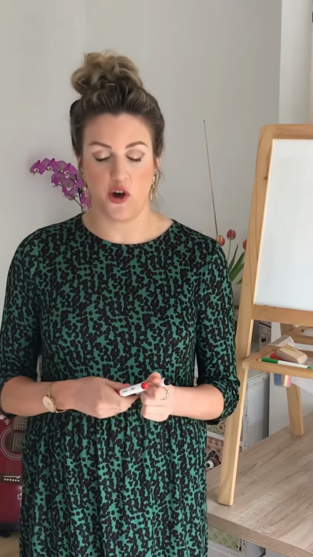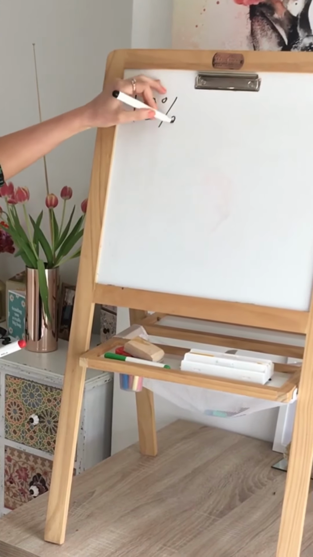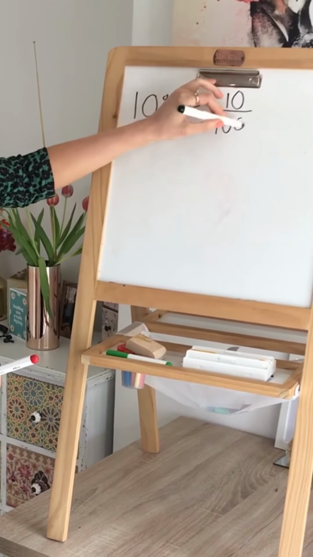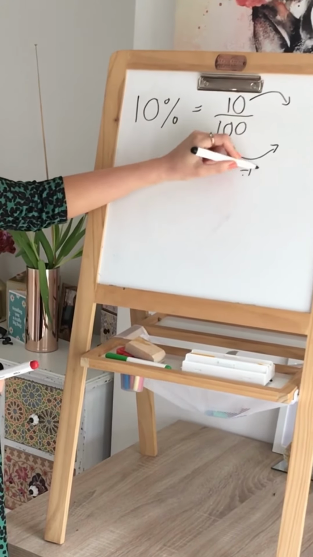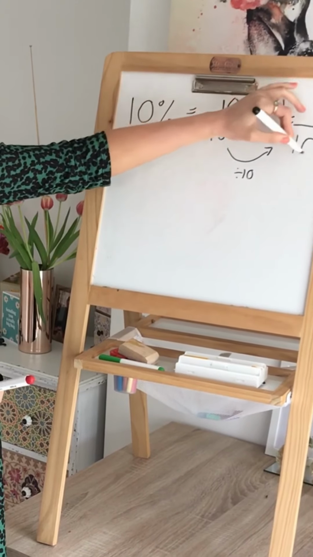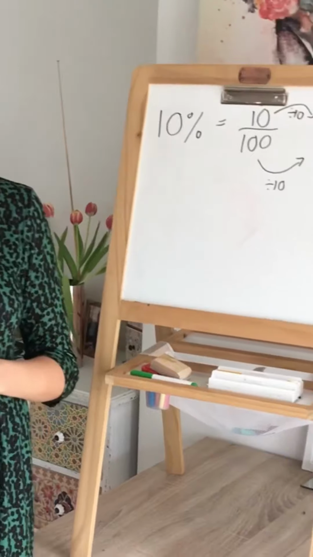Right, let's work out how to find 10% of an amount. So 10% is the same as 10 hundredths. If we simplify that, we get 1/10. And to find 1/10 of an amount,